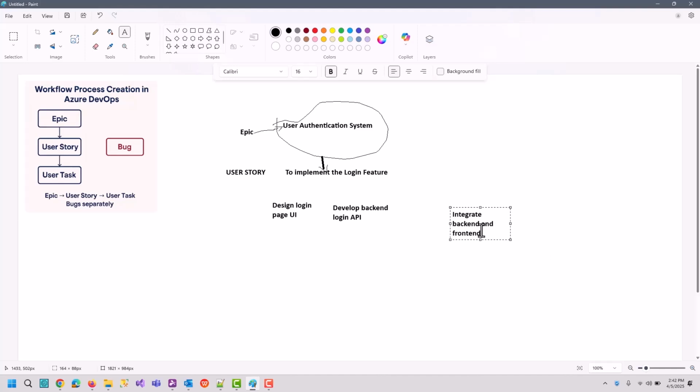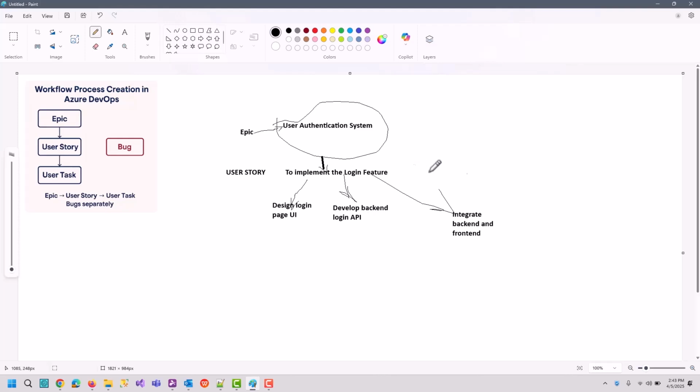So you can assign these tasks to different developers or maybe same developers based on your resource availability. So these all are the part of this user story. One, two, and this one. Okay. Based on your requirement, you can create multiple tasks, multiple user stories. I just want to explain you the hierarchy that generally gets followed in different organizations.